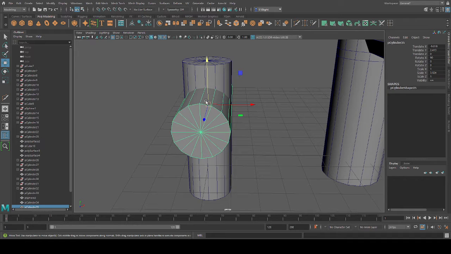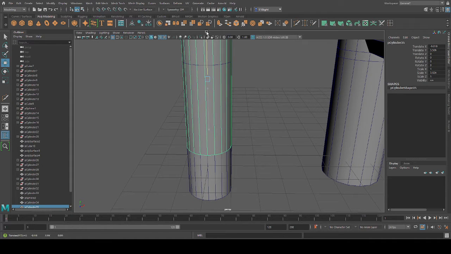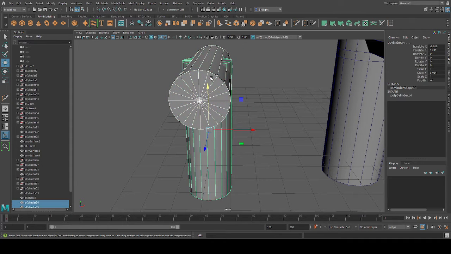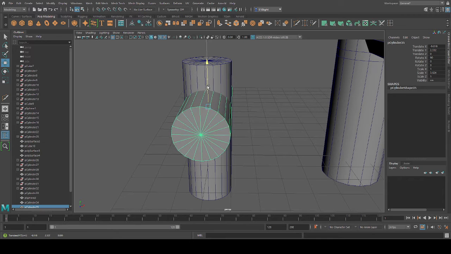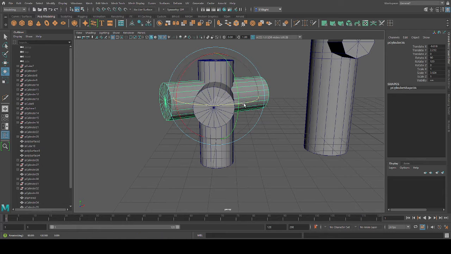In your case, if you already created it, let's do a demo for you. If it's happened again, and if your model has too much detail that you don't want to redo the whole thing, if it's not this simple, then what you can do about it is